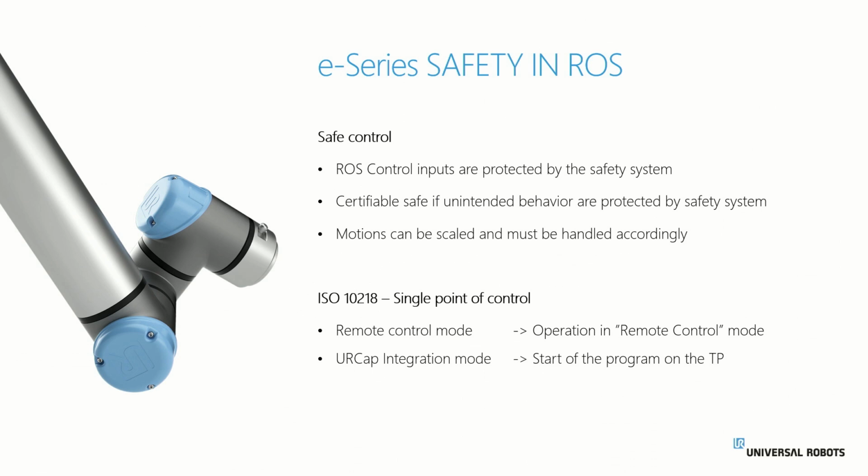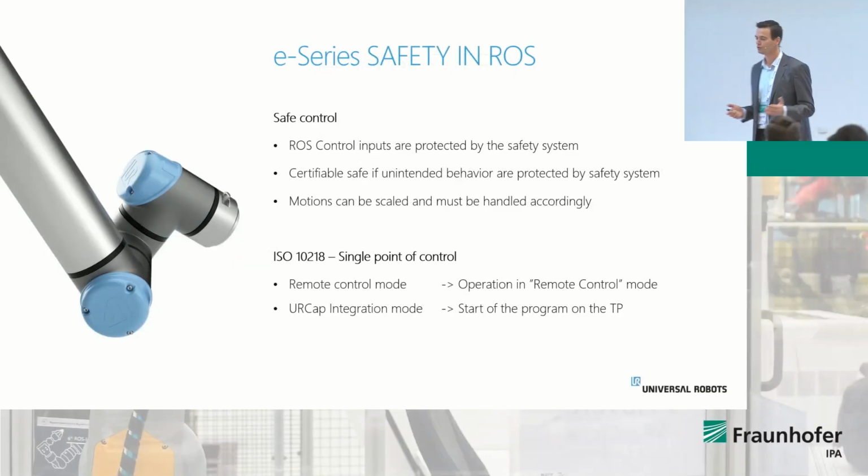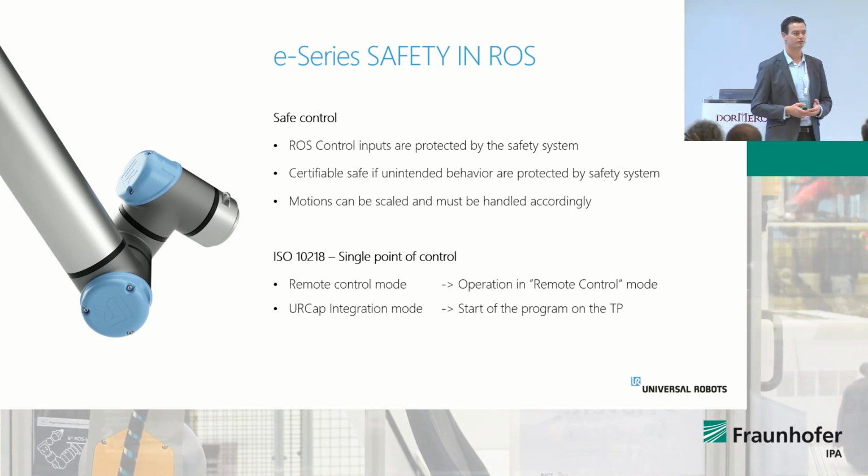One thing is that everything that you do in ROS is still under the safety harness of the robot controller, meaning that as long as you set up your safety settings in the robot controller correctly, it will make sure that you'll stay within the safety limits that you have set. Right? It actually means that it's certifiable safe in the end, that if you can make your application safe with the safety settings that you configure, then you actually have the means of certifying the safety of the solution and CE marking a solution. Of course, the challenge is that the UR safety system will scale any motion that violates